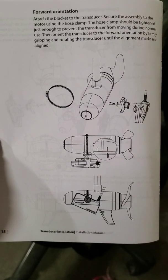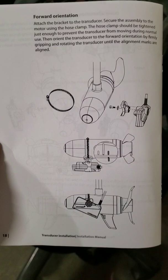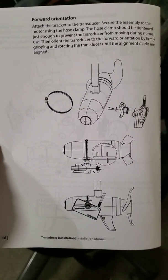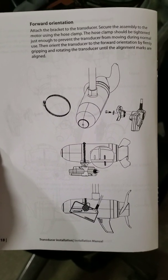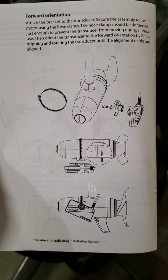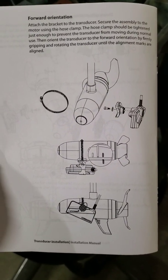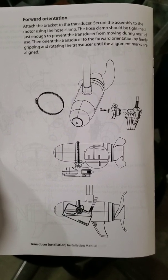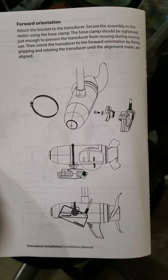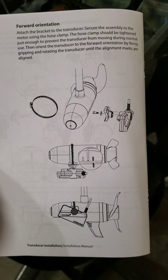V Squared Outdoors here. Today we're going to be showing you how to mount a Lowrance Active Target on a Minn Kota Ulterra trolling motor. And that's right, we're going to mount it on a self-deploying Ulterra trolling motor. So what we have right here is instructions on how to put this together. It's pretty simple. Just a hose clamp around the barrel of the trolling motor, and the transducer goes right on the side. Now I'm going to show you a tip on how to make sure that transducer is going to